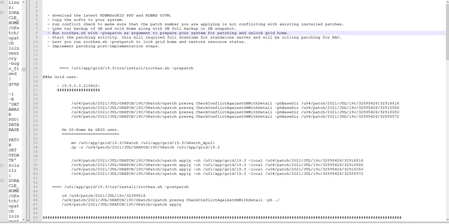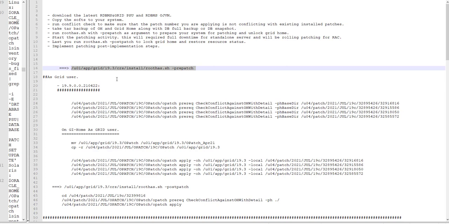So we will proceed with this root.sh with the pre-patch command. This is the command that you run to prepare the environment for patching by shutting down all resources and unlocking the grid infrastructure home, because by default the grid infrastructure home is locked.